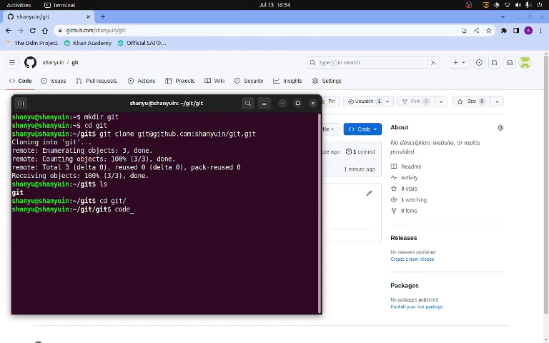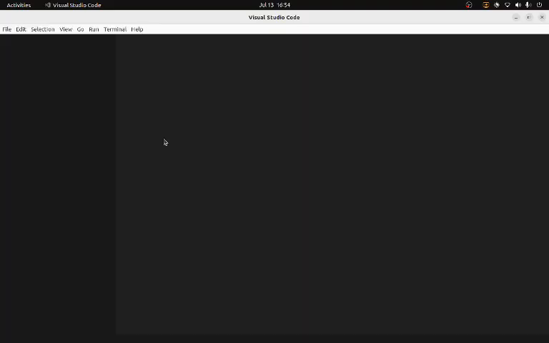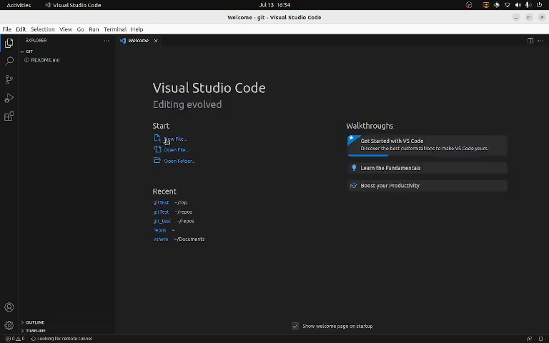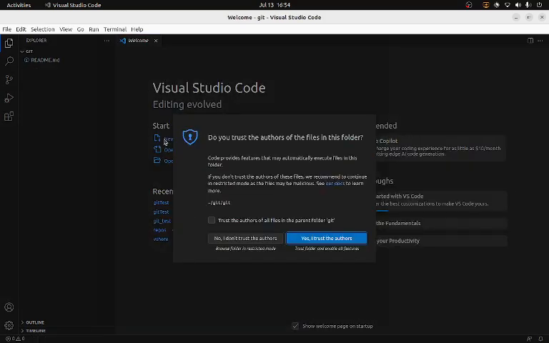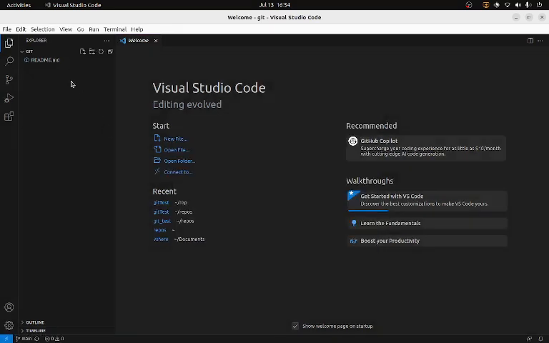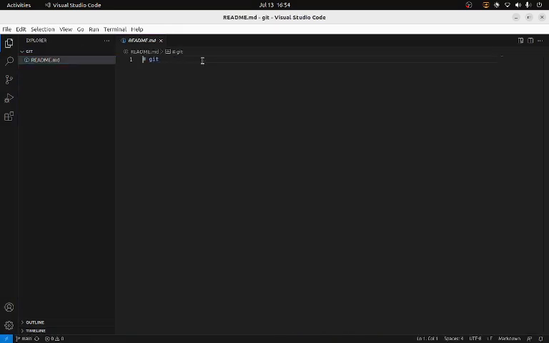Now let me open Visual Studio Code in it. Just type code and space and dot. It will open Visual Studio Code, and now here we have the readme.md file, and let me write here, we are learning the most basic git with GitHub. Great, Control S,